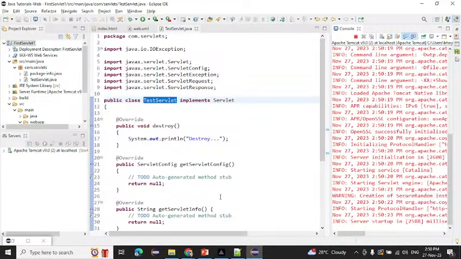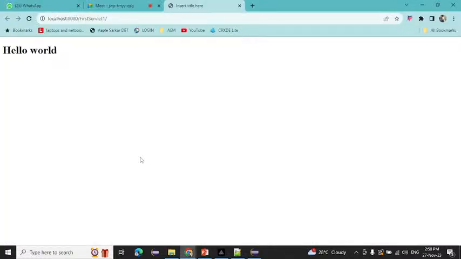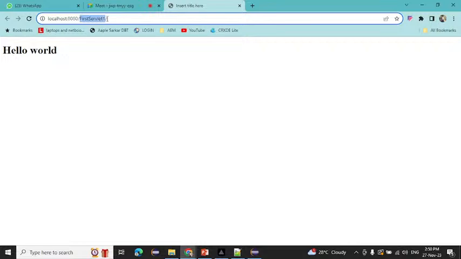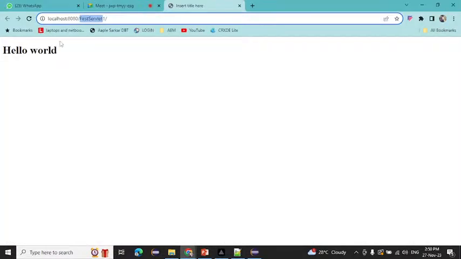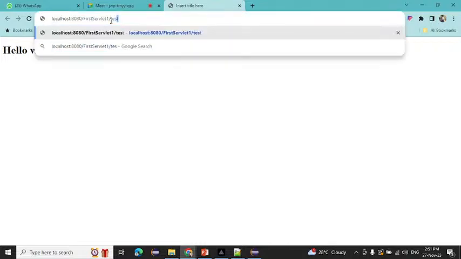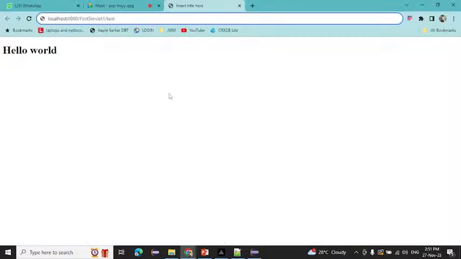Now what we need to do, we want to call our servlet. So how will we call that? We made one URL here, right? That is the slash test. We simply have to come here inside the browser, and there we have these things. This is our project name, that is the first servlet one. After the project name you simply give your URL, forward slash, and I'm writing here test. This URL only I have given here, right? And if I hit enter now,